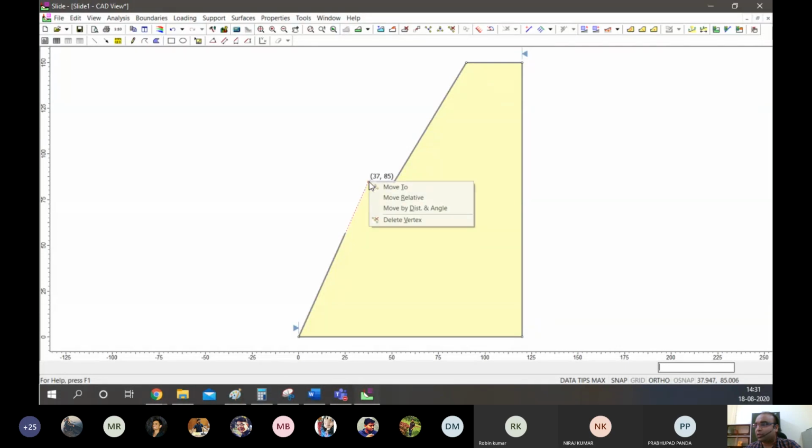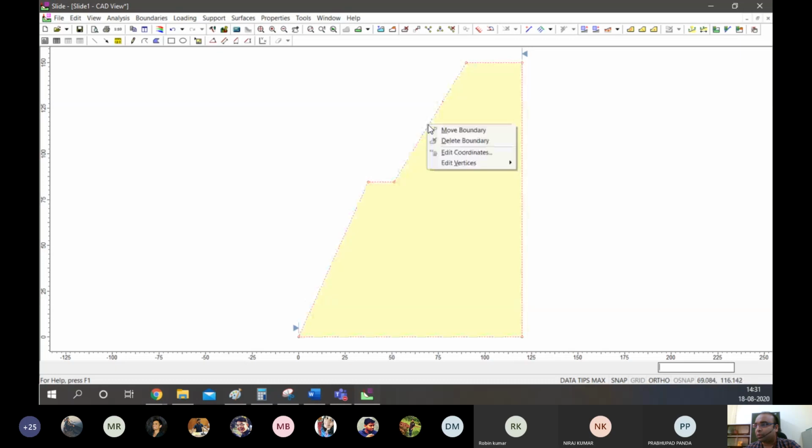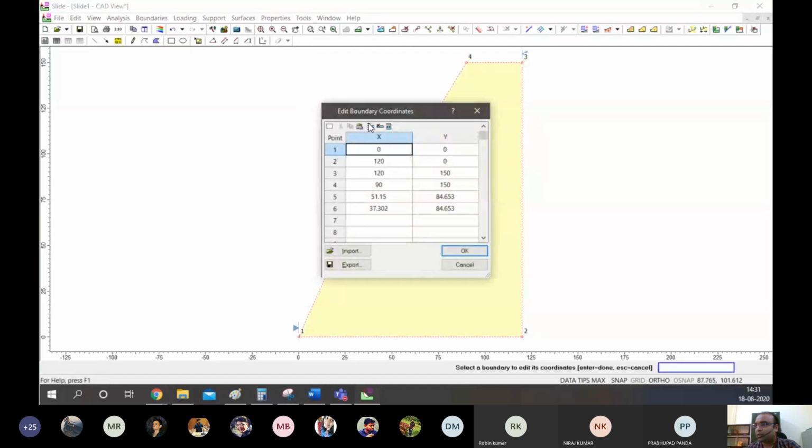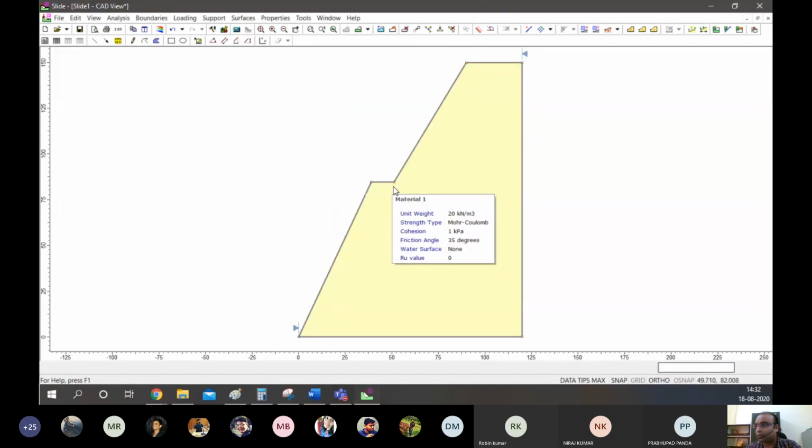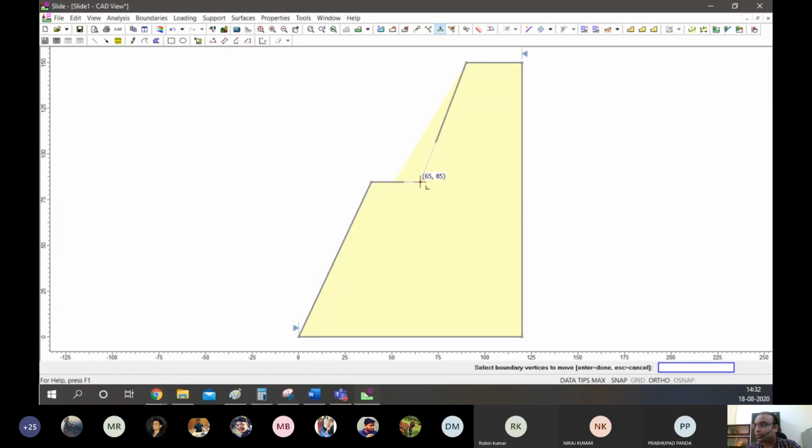Otherwise, later on also we can right click on this full boundary and we can basically edit coordinates. So edit coordinates here, that becomes easier if we want to change or add some coordinates. Maybe we want to shift this 6 1 a bit towards the left side or right side. So now this is 37. I want to maybe make it 39. So I can do that and click OK to update it, right? And even from here, I can move the coordinates as per my desire.